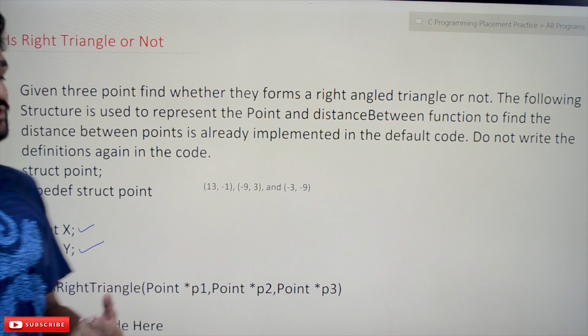So what is the logic? What are the mathematical concepts if the coordinate points are given? For example, assume that these are the 3 points.